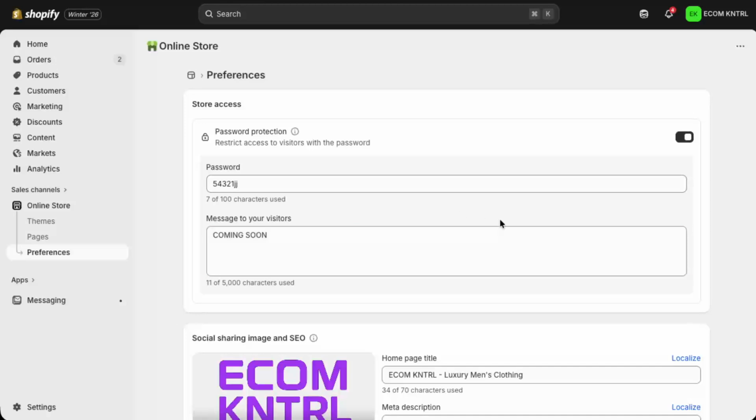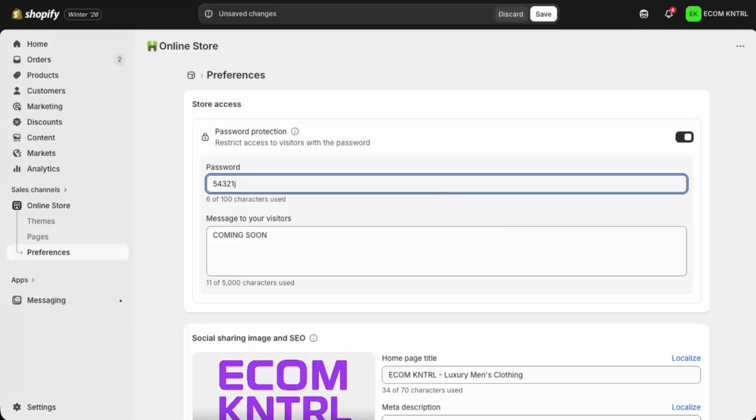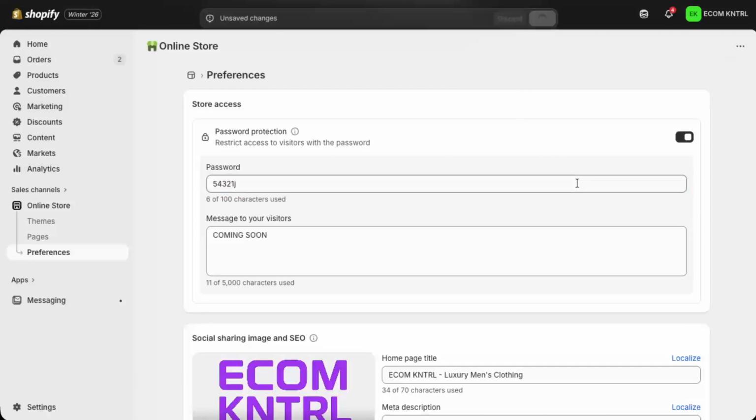Once you've entered your new password and adjusted any message you want to show, scroll to the bottom or top of the page and click Save. Shopify will update your settings, and your new password will take effect immediately. Anyone trying to access your locked store from now on will need to use this updated